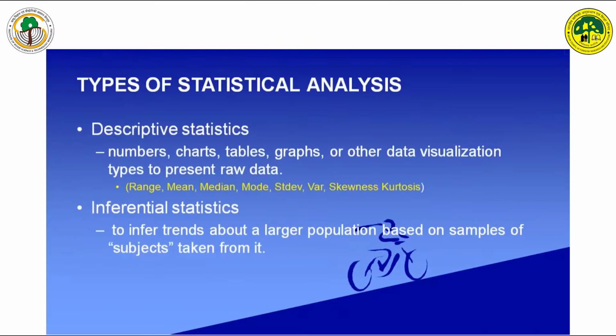I would like to address that. So, types of statistics: two kinds. One is descriptive and the other is inferential. Descriptive is whatever involves visualizing the data. You take the numbers or data and put them in a chart, a table, a graph, anything. You have to depict that data so you can visualize it and present it.